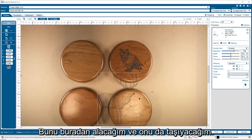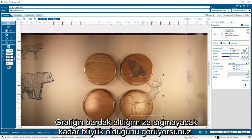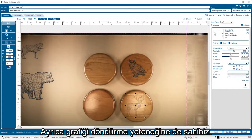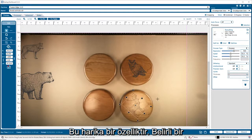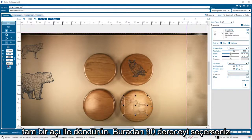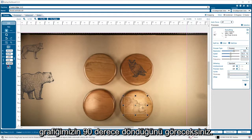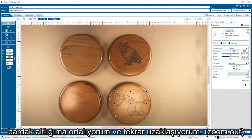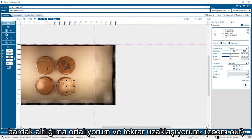I'm going to grab this one here and move it over as well. You'll notice, of course, that the graphic is much too large to fit on that coaster. So in the software suite, we can reduce this size down to what we want. We also have the ability to rotate that graphic here as well, which is a great feature. You can rotate to a specific angle, or you can use this function over here and rotate to an exact angle. So we can select 90 degrees for that. You'll see that our graphic rotates around 90 degrees. So I'm going to zoom in on this and get this object placed nice and center on the coaster there. And then I'm going to zoom out again